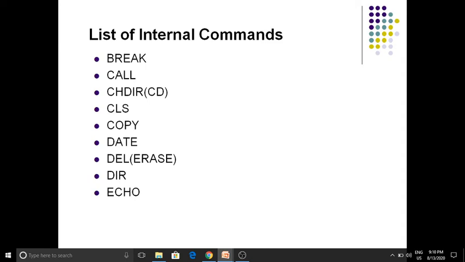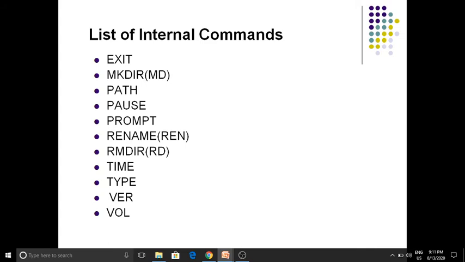Break, call, chdir or cd, cls, copy, date, del (erase), dir, echo, exit, mkdir or md, path, pause, prompt, rename or ren, rmdir or rd, time, type, ver, vol.